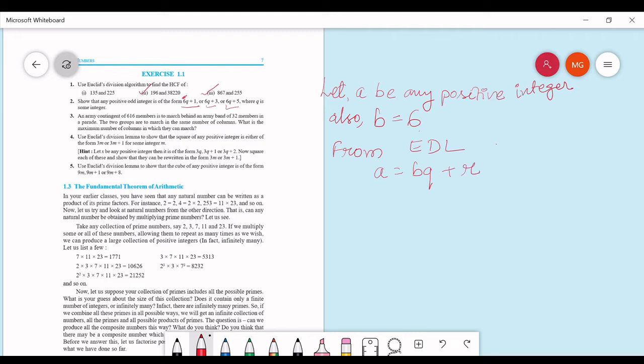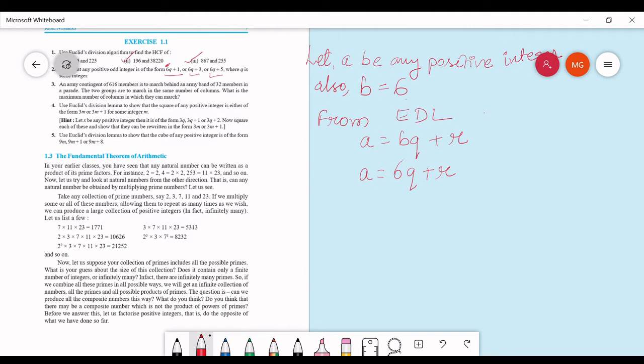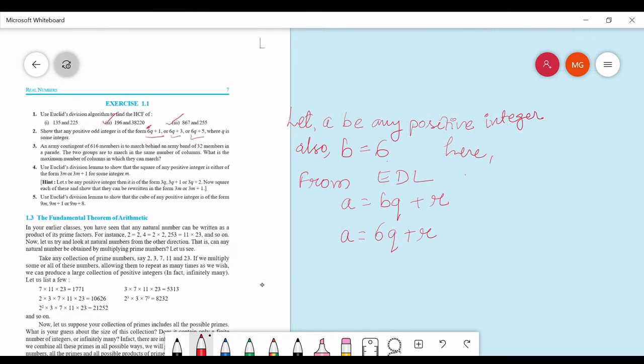So your a is equals to 6q plus r, right? Now what you know that here you know the value of r. R is what? R can be either 0, 1, 2, 3, 4, 5, but not 6, because you know that